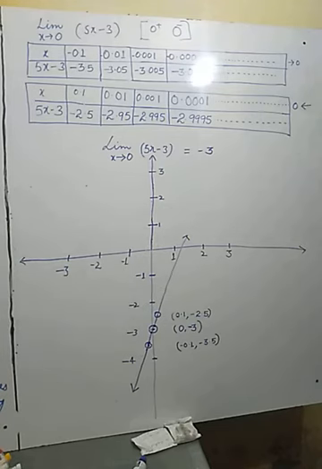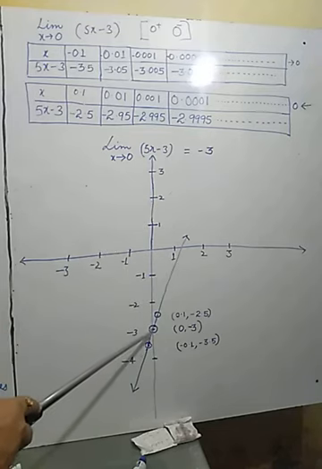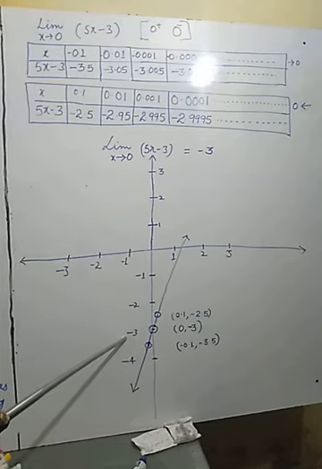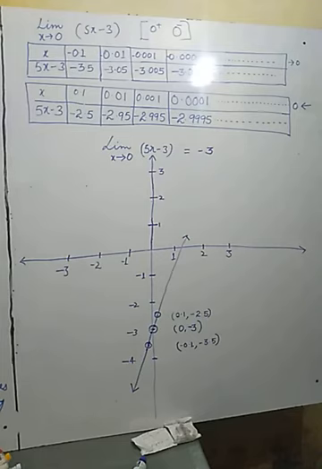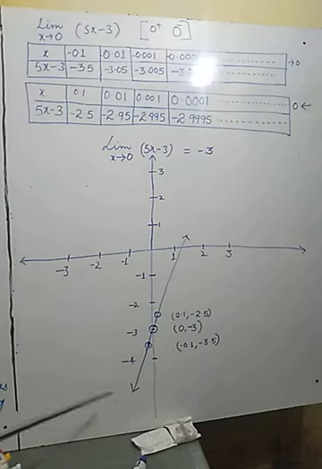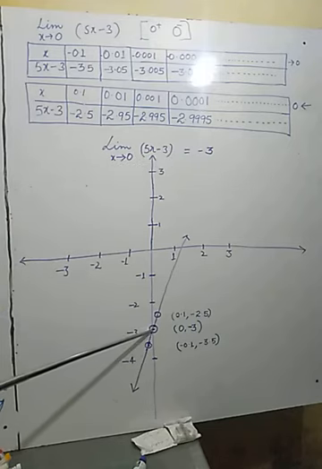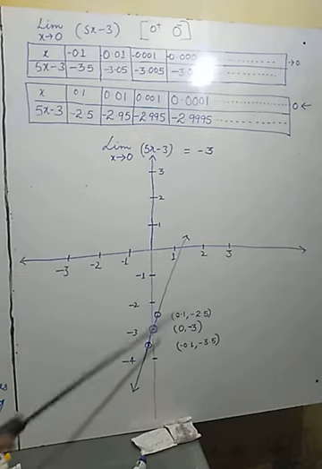Now you may observe this straight line is intersecting the y-axis where? At -3. And what is the limiting value of this one? -3 here, -3 here. This one is approaching -3, this one is also approaching -3. And by this graphical representation, the limit as x tends to 0 of 5x minus 3 is represented, and that is this point of intersection. At this point of intersection, what value of y is there?